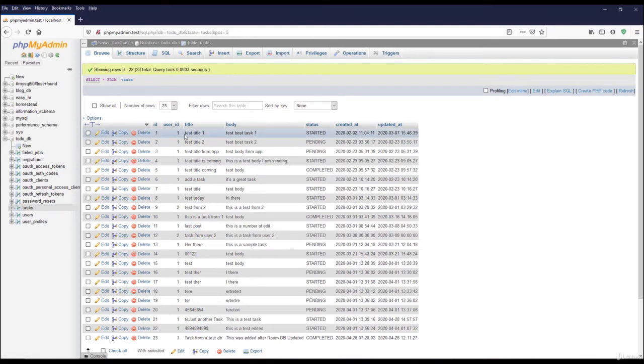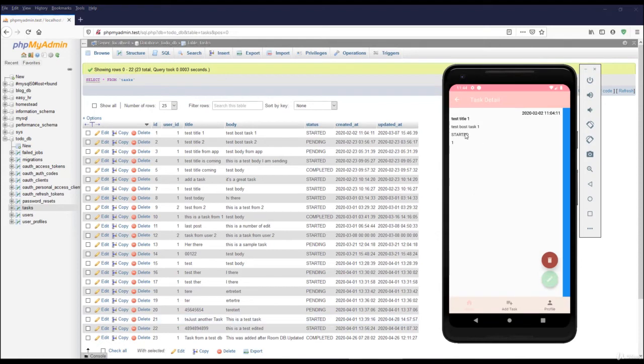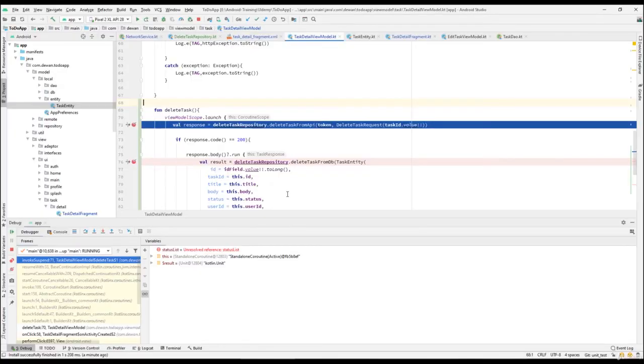So ID 1 has test title 1, test both tasks 1, right? So that should be the one we are deleting. I think that's correct. So that's the correct ID that we have sent. And let me go back over here,